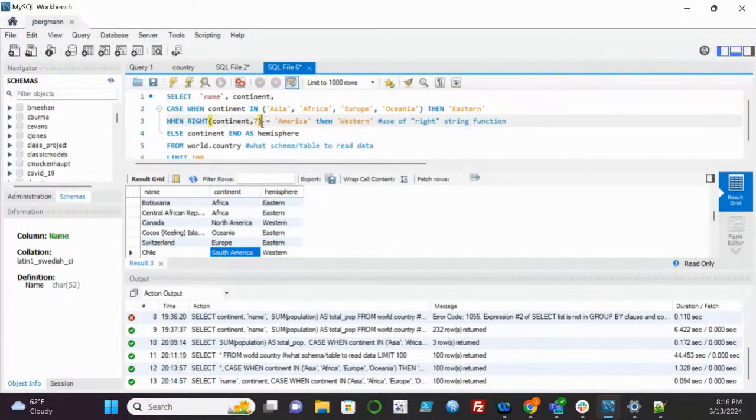You could look at the first three and if it's equal, you could expand this out: if left continent is equal to AFR, then Eastern. And then you could do this a whole bunch of times. If left 3 equals EUR, then Eastern. So this could become like a huge list. I've done that before, you're checking all these conditions. And if it's in this condition, then label it this. Or